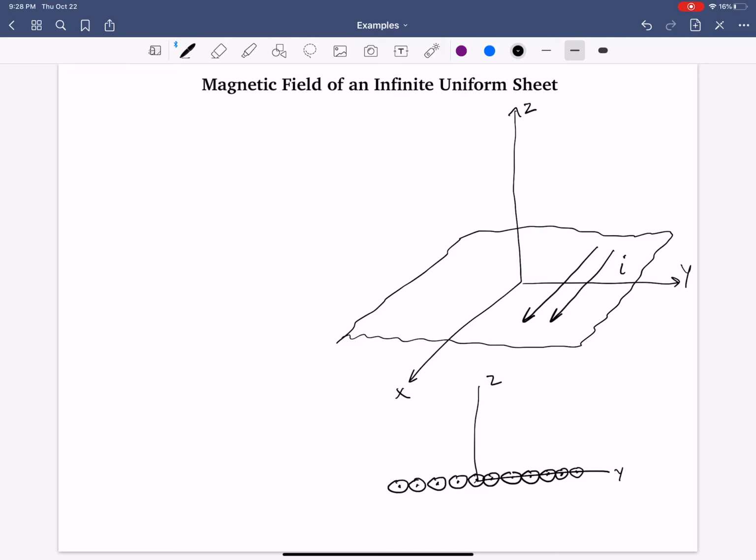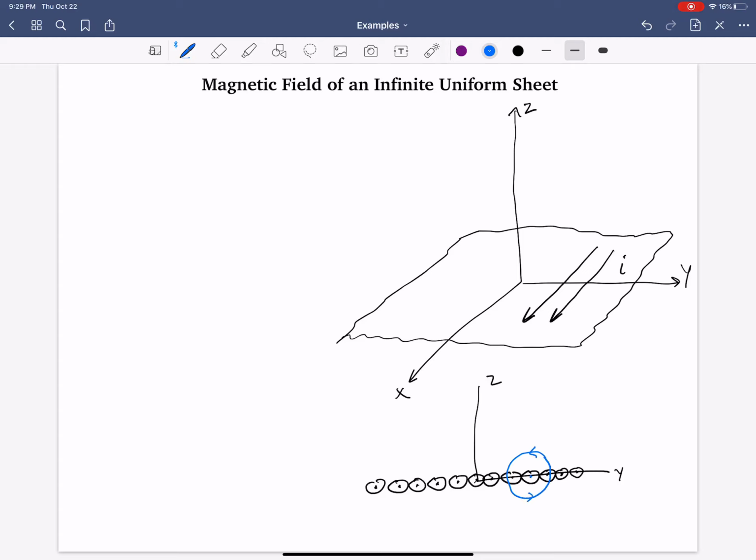What's effectively happening is, if your thumb is in the direction of current, towards us, out of the screen, let's choose this one here. That means the magnetic field will go like this,